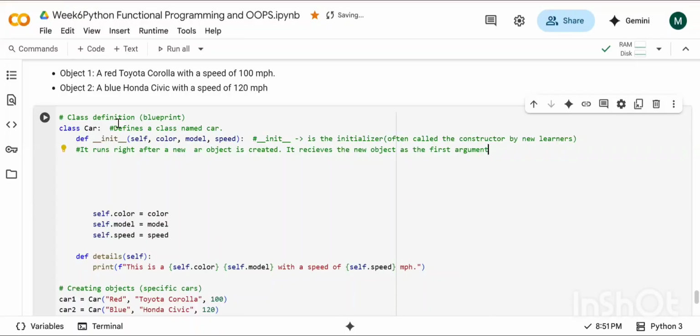It receives the new object as the first argument, commonly called as what? Self. You can see it. It receives a new object as the first argument, known as self.